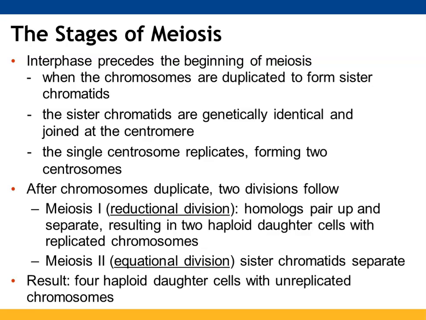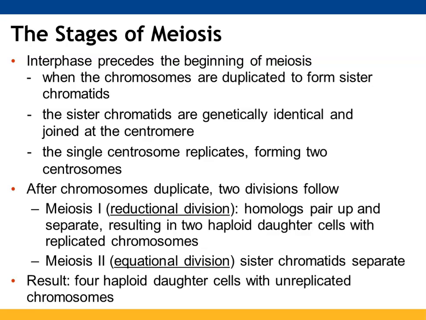So interphase takes place where you have your chromosomes duplicated, your cells have been growing, and the sister chromatids are joined together at the centromeres. Your centrosomes have replicated so that you have two of them. I talked about meiosis being reductional division. That's meiosis 1, where your homologs are actually going to pair up together rather than your sister chromatids. And then they're going to separate so that each new cell gets one of the homolog pairs, and the other cell will get the opposite, so that each cell gets one chromosome 1, one chromosome 2, but it's got a sister chromatid pair of that one chromosome.